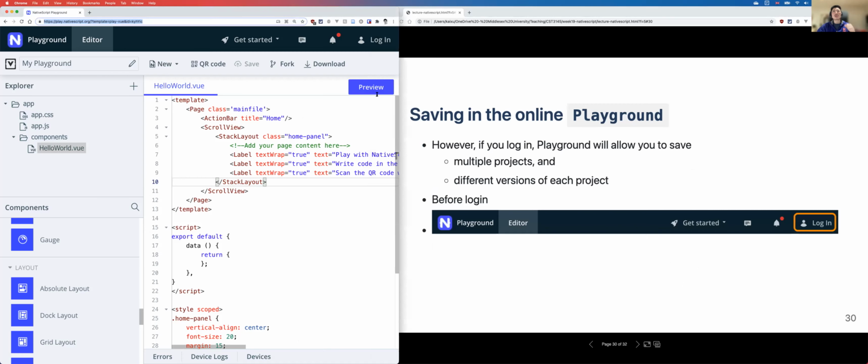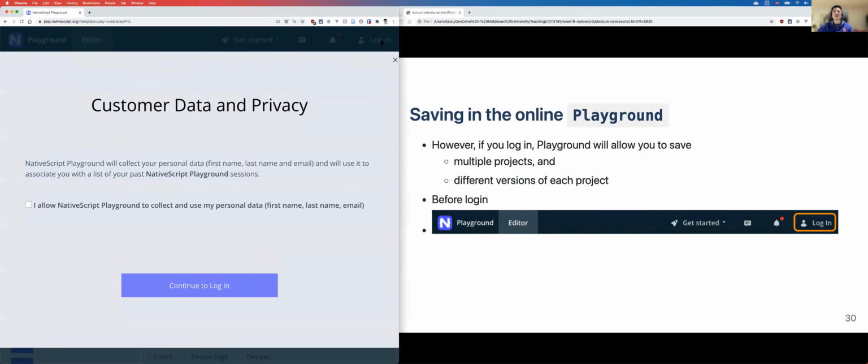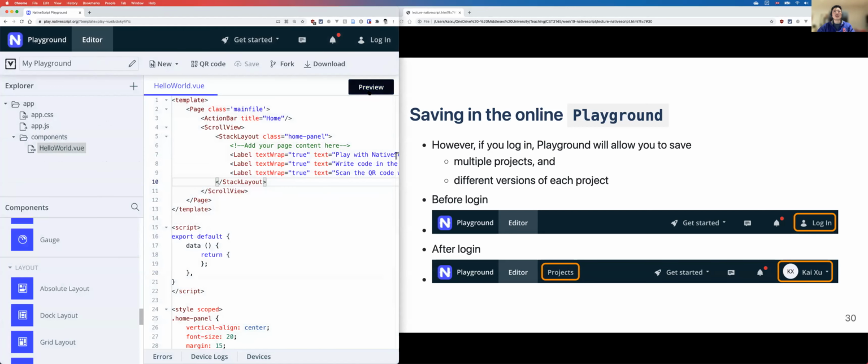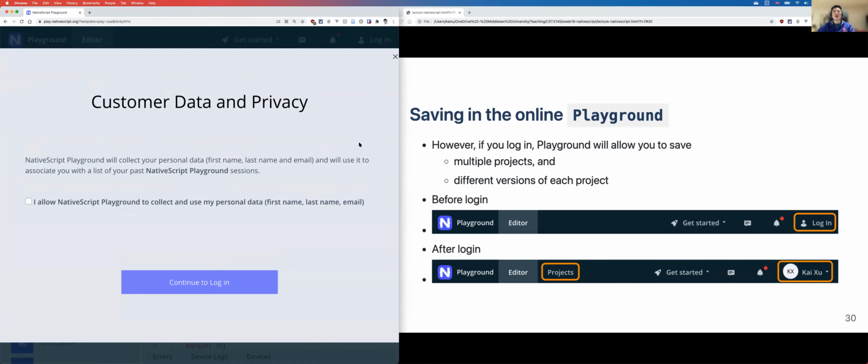That's this button here. You can choose whether to allow it to collect some information to help you. And then after logging in, you should have this tab there, which is not there before. If you look here now, we don't have a project option. But after I log in,